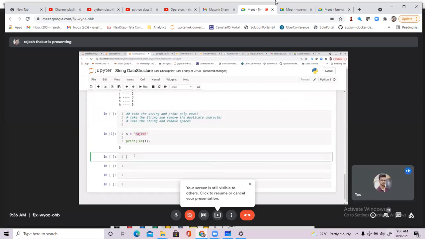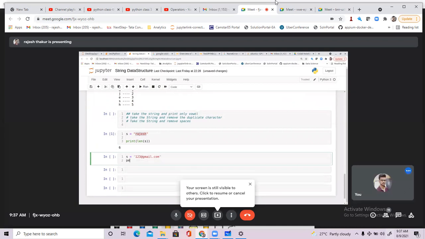Let's suppose you are creating some string like 123@gmail.com. And here, if you want to check, print len of s. What is the len function doing? The len function will return the length of the string.